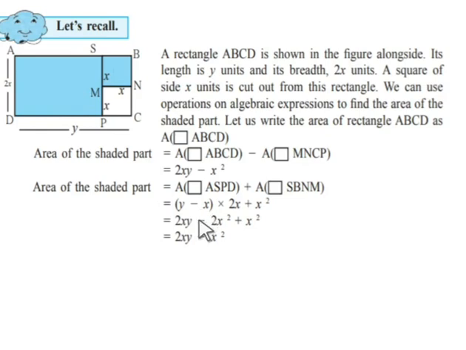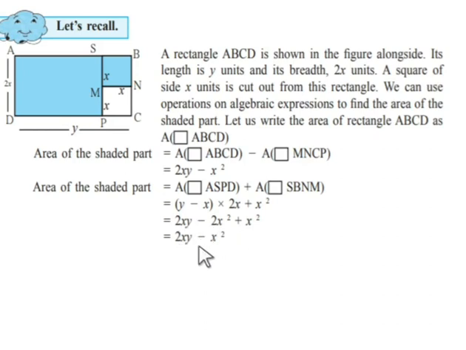Now, let us solve it. (y minus x) into 2x plus x square. Now, here there is the multiplication of a binomial with a monomial. That is, you will first multiply y with 2x, then minus x with 2x. So, y into 2x is 2xy, minus x into 2x is minus 2x square. This plus x square will remain as it is. Now, here these two terms are like terms. So, we will add minus 2x square plus x square. Here we will get the answer minus x square.